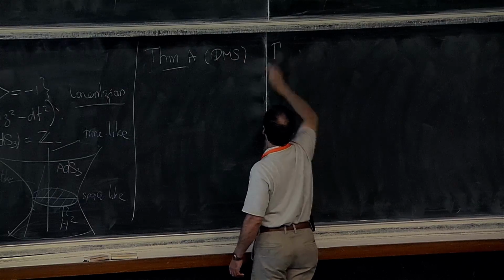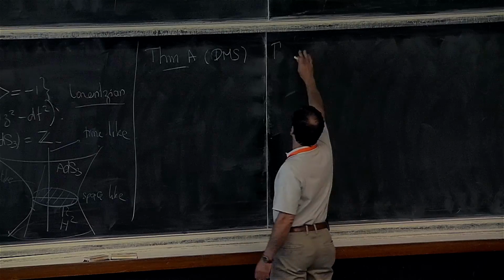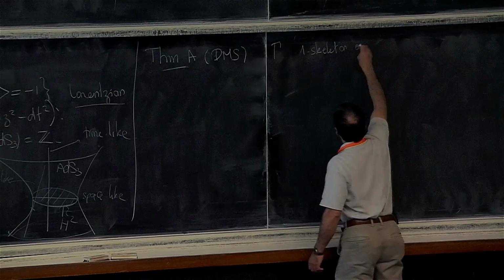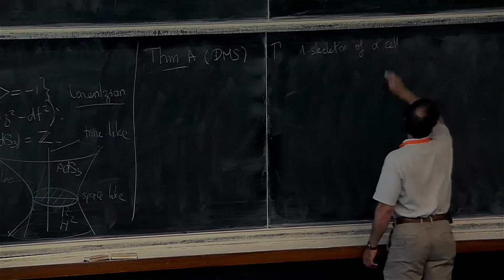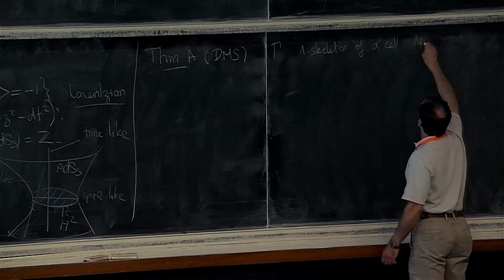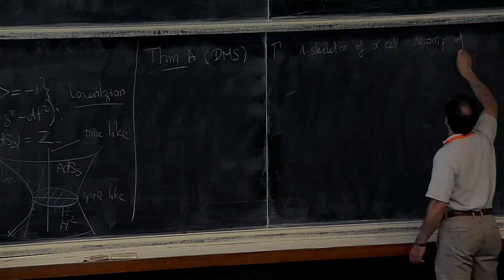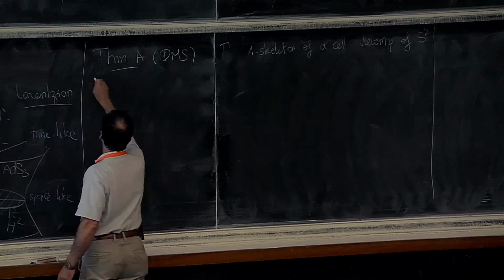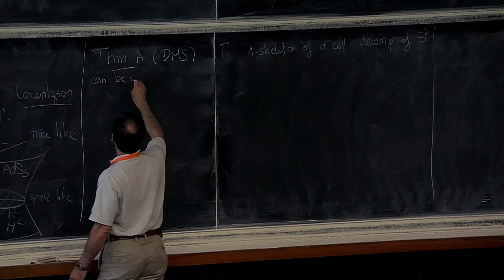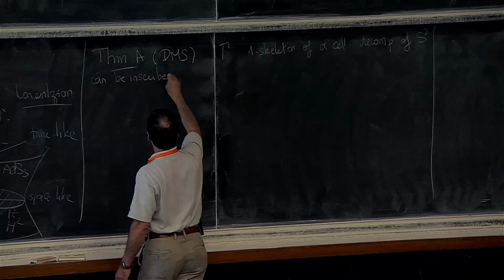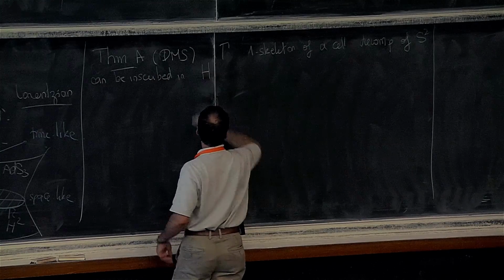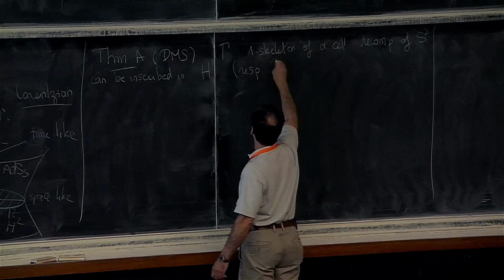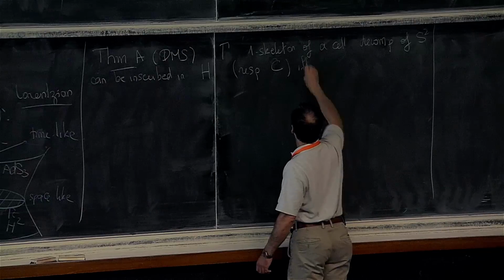So gamma, as previously, the one skeleton of a cell decomposition of the sphere, can be inscribed in H, so this is my hyperboloid, respectively P, which is my cylinder, if and only if